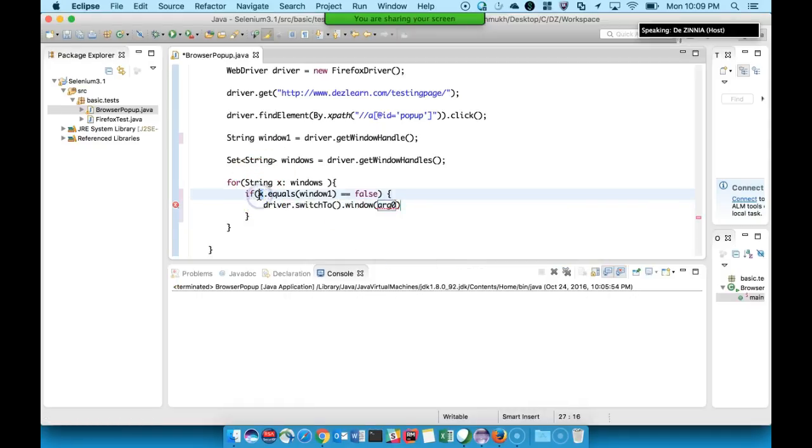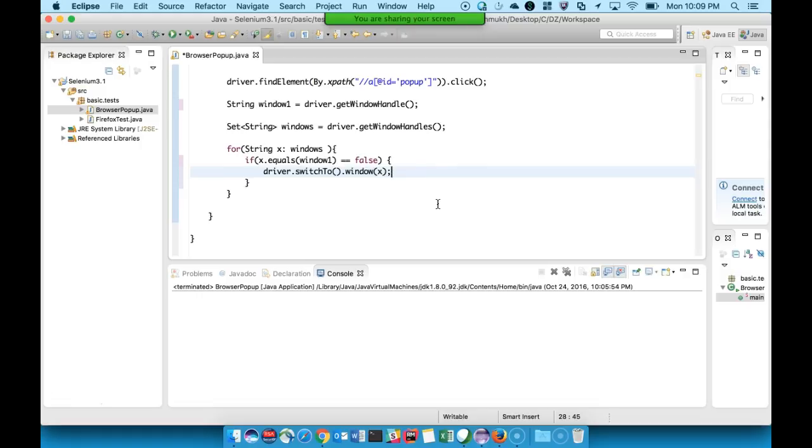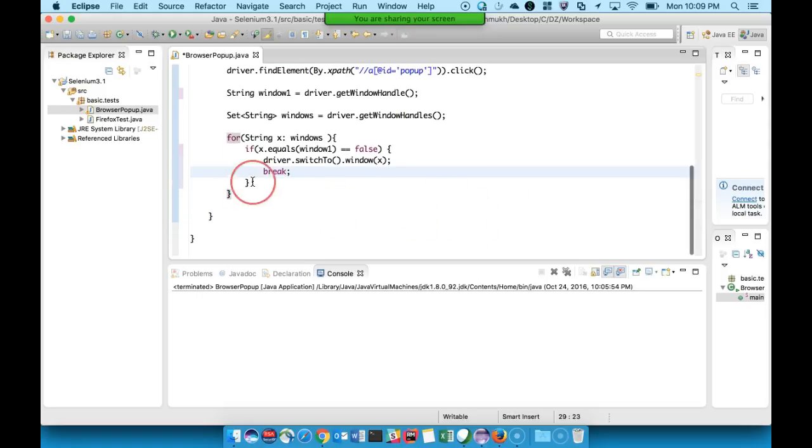Simply we will put the window ID of the new window to which we want driver to switch, and once driver switches to the window which we want, we can break out of the loop, and at this point whatever operations we do, those will be done on the new browser.